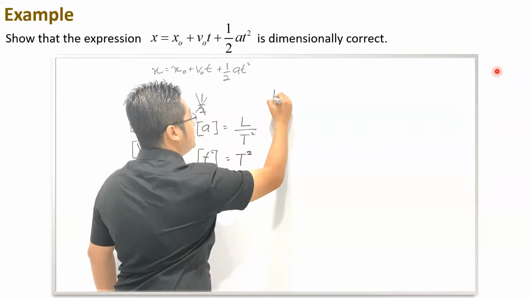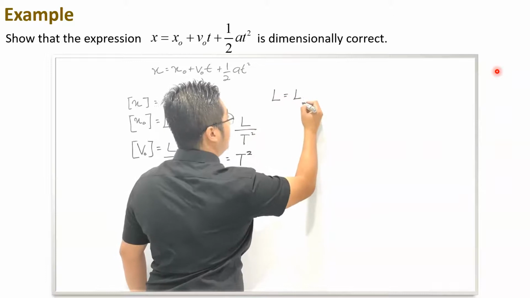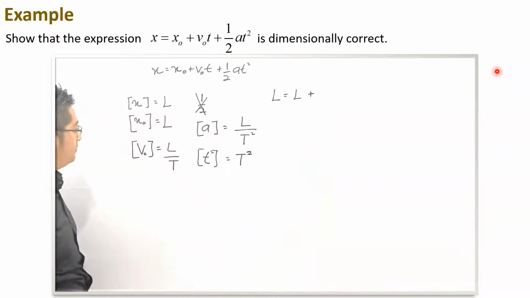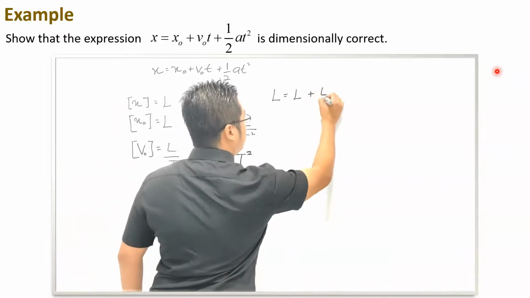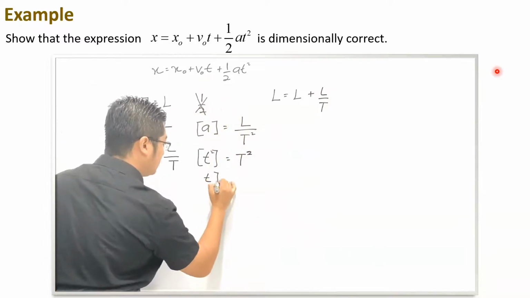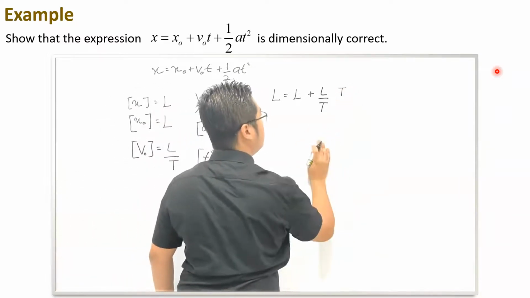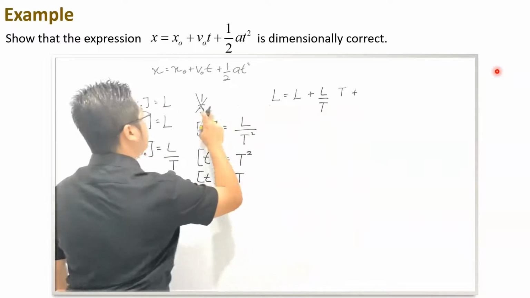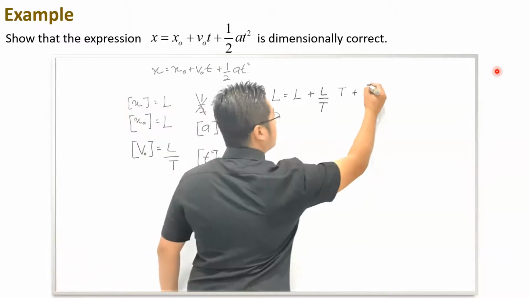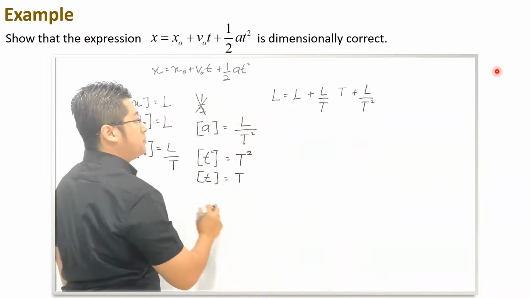For x equals x0 plus v t, the dimension of x is length, x0 is also length, and then we know v equals this dimension, L over T. Remember the t. Again, the dimension of t equals T. Put T here, and then plus half a t squared. Remember a is the dimension L over T squared, and t squared equals